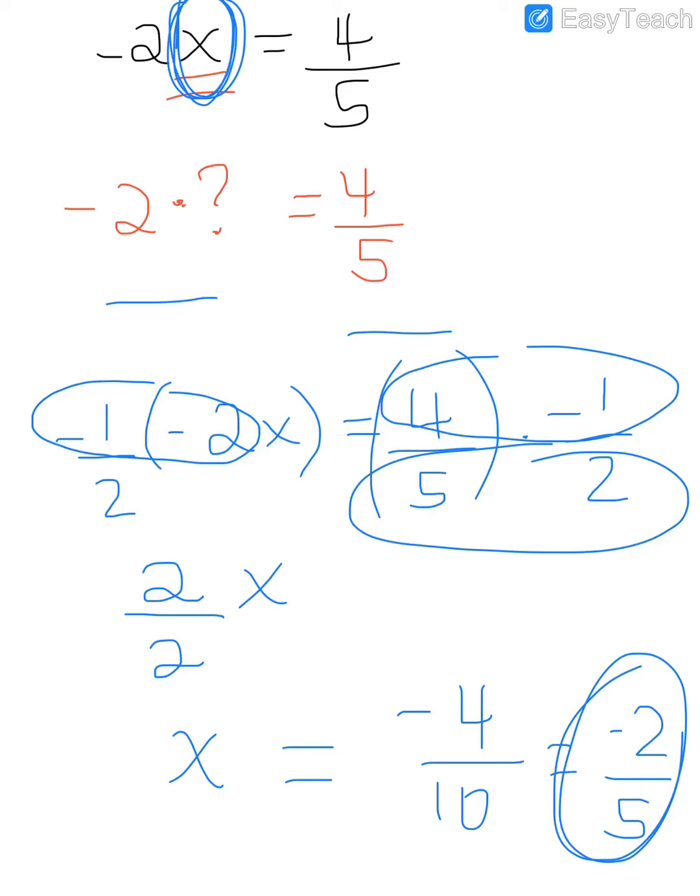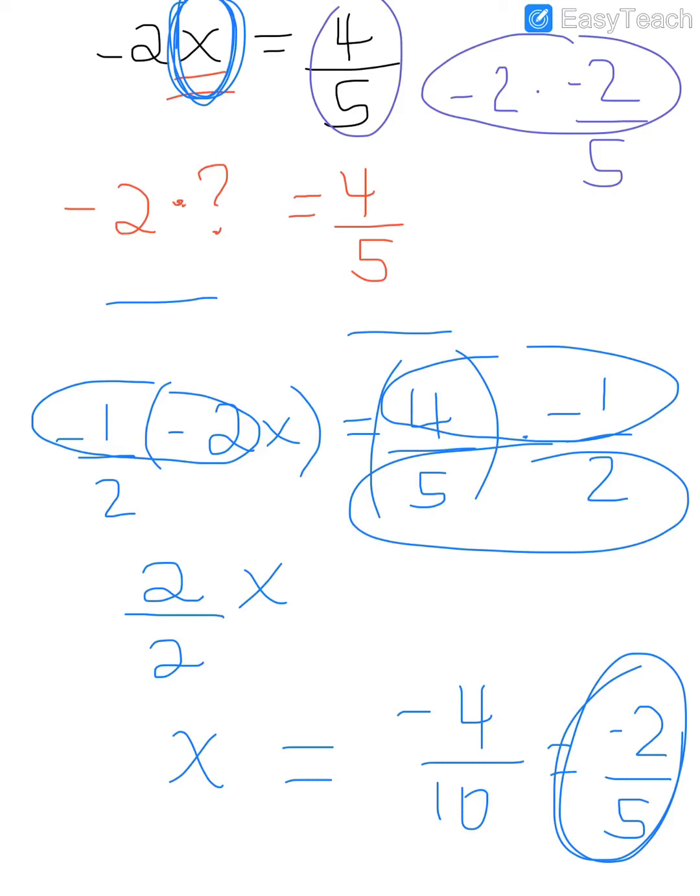So if I have negative 2 times negative 2/5, I want to make sure I get 4/5. So a negative times a negative is a positive. So negative 2 times negative 2 is 4. And then I put that over the 5. And so sure enough, I've proved that I found the one number for